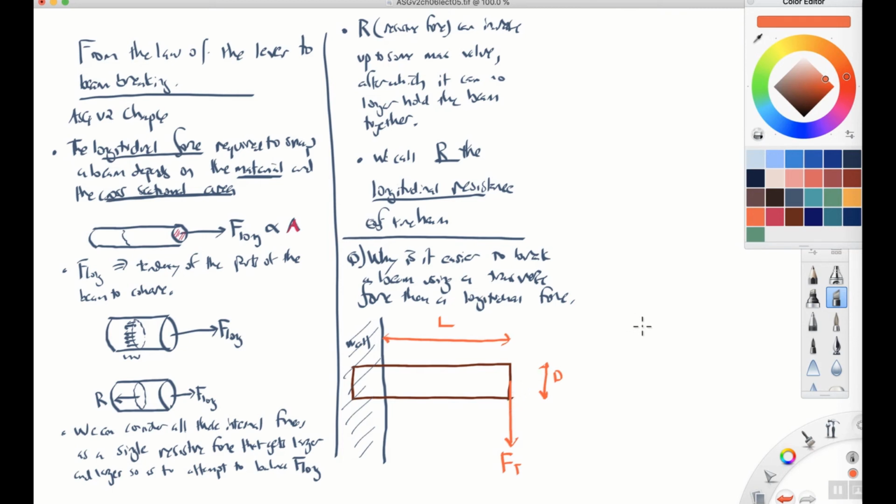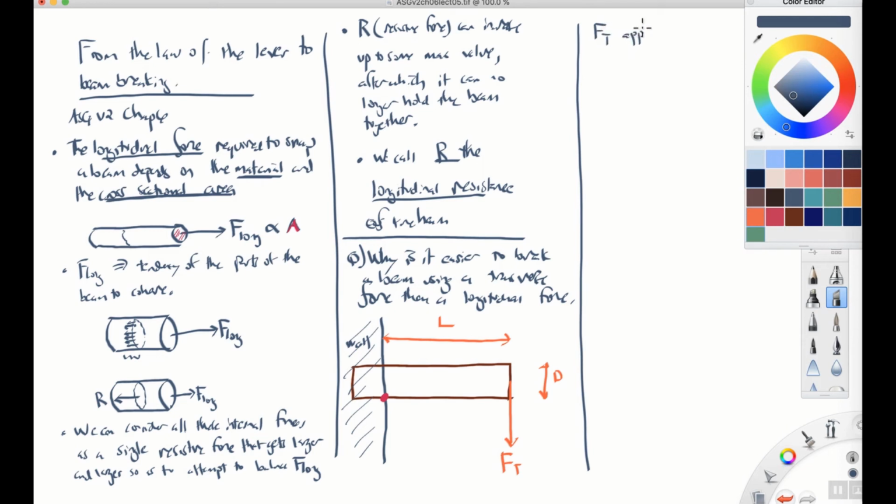Well, Galileo has a strategy for thinking about this. I want to explain his strategy, and this is where the law of the lever is going to come in. All right, so I'm going to highlight this point right here, and what Galileo is going to do is think of this transverse force as applying a torque that is trying to break the beam. Okay, so the transverse force Ft